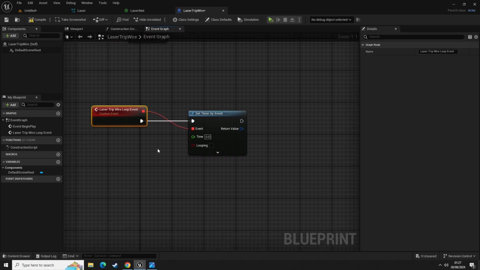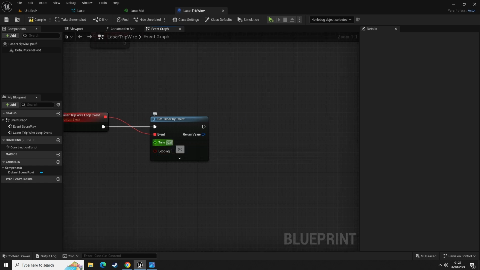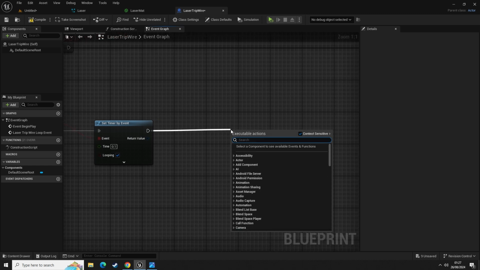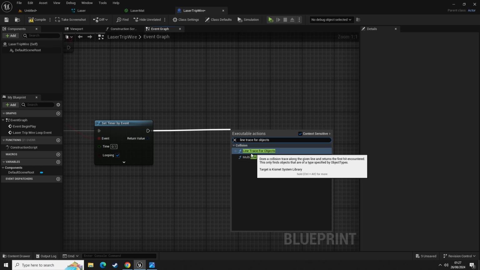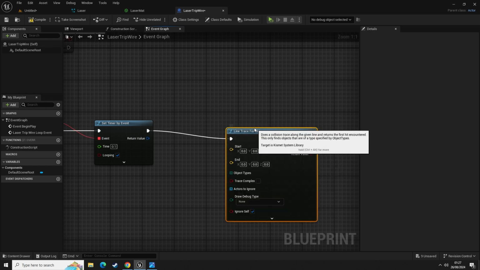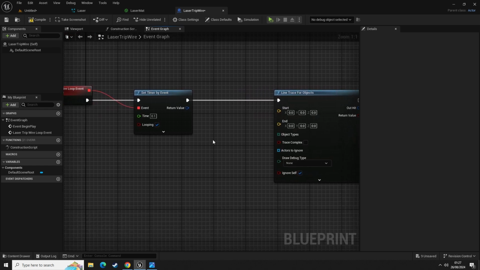So this is basically saying, we want to loop this event. So we're going to create a looped event. We're going to set a timer of maybe 0.1, and we also want to set this to looping. Out of this we're going to get a Line Trace For Objects, and we want to make sure we pick Line Trace, not Multi Line. So Line Trace For Objects, but we want to